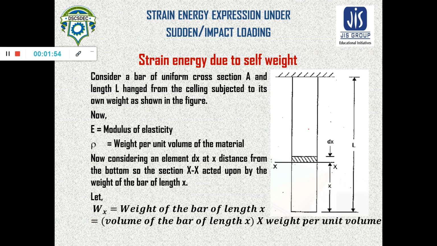In this uniform cross section bar we have to calculate the strain energy. In this case there is no external load, that means no load is applied here, but there will be energy stored due to the self weight of the body. To derive the expression of that strain energy due to self weight,